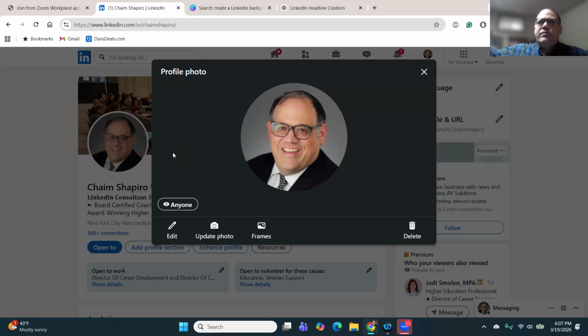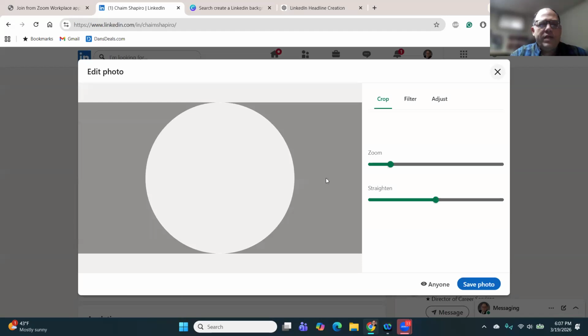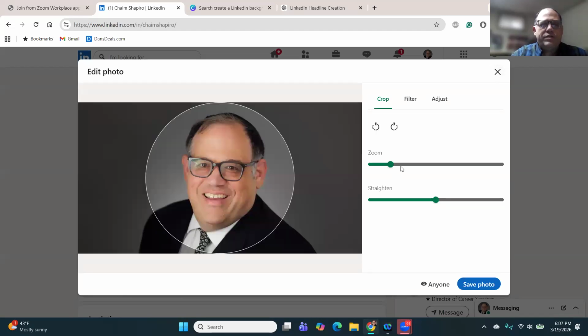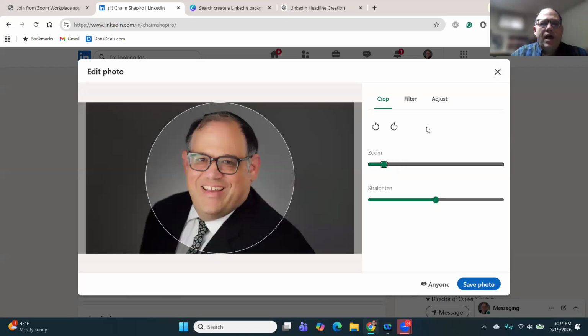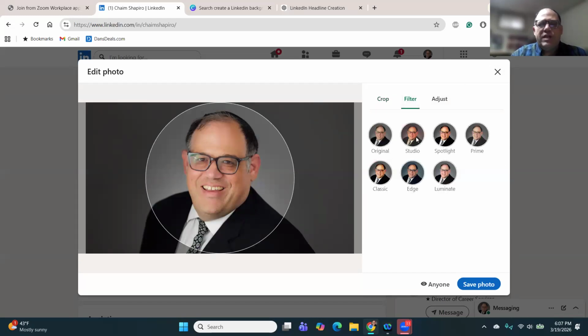If you're meeting the CEO of the hospital or the CEO of the company, what clothing would you be wearing at that networking event? Here you have the ability to edit your photo once you have it up there. You can straighten, you can zoom, you can do all sorts of things to get it exactly the way you want and focus it the way you want. I think it's important to have a headshot. Usually you don't need more than that, maybe a little bit of the body, but you don't need a full body photo. You can put filters on it if you want. Most people don't, but sometimes you can highlight yourself and make the color look a little better.